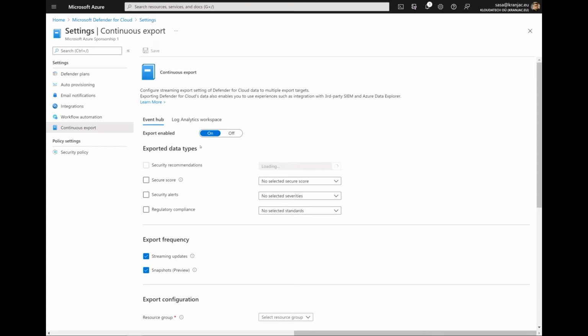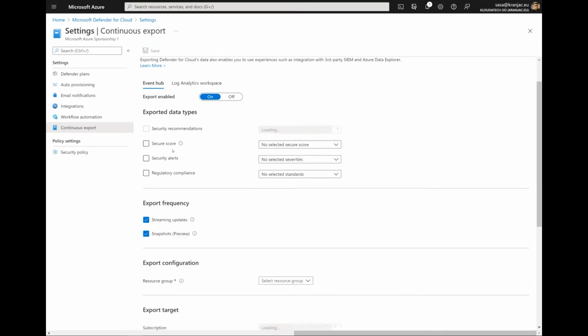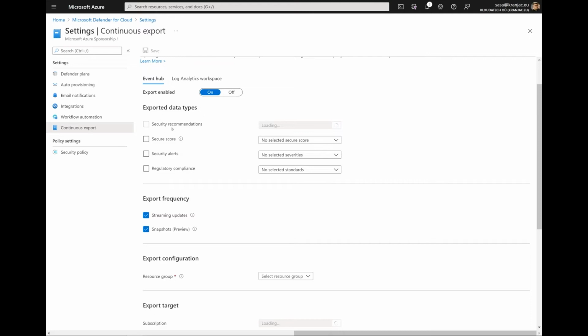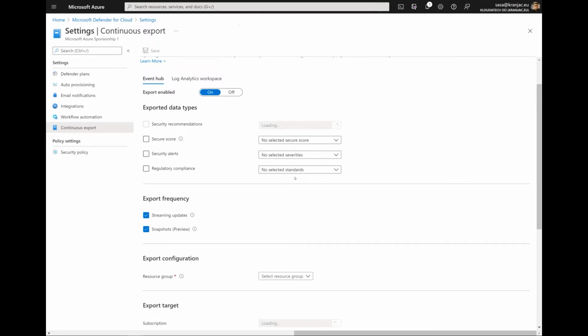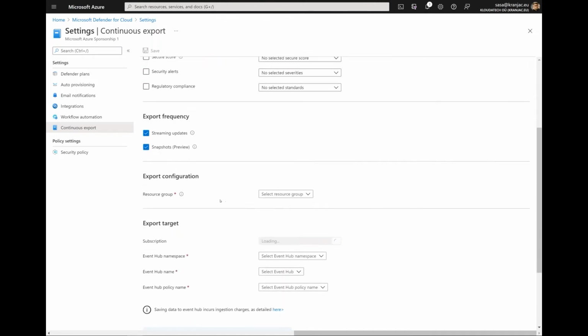While we are waiting, let's take a look at it. We can choose which data we will export: secure score, alerts, regulatory compliance, and we can also be picky about what we will stream into it, as well as the streaming updates and frequency. Plus, if we have an event hub,